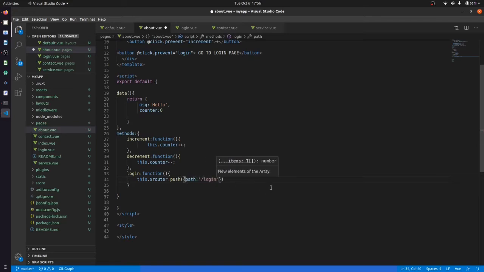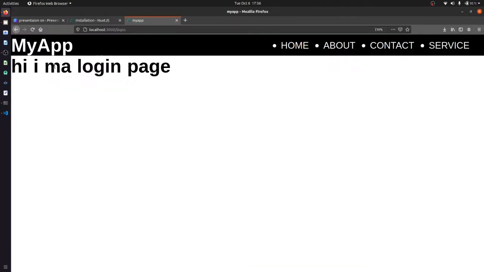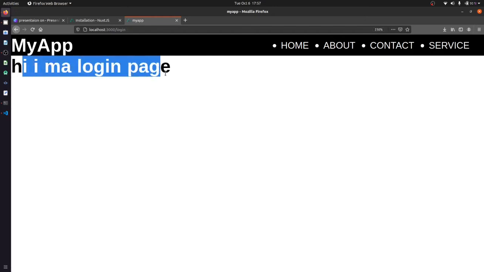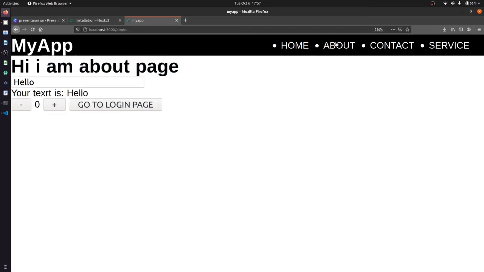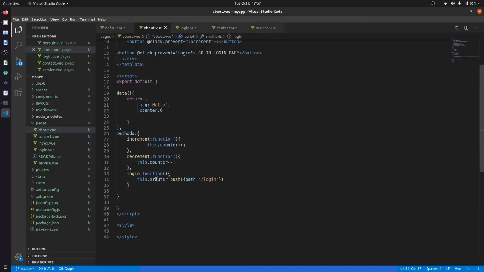I think the router spelling is right. Let us come to our application and click go to login page. It redirects to the "hi I am login page". In a similar way, this is something Vue.js has given us already.